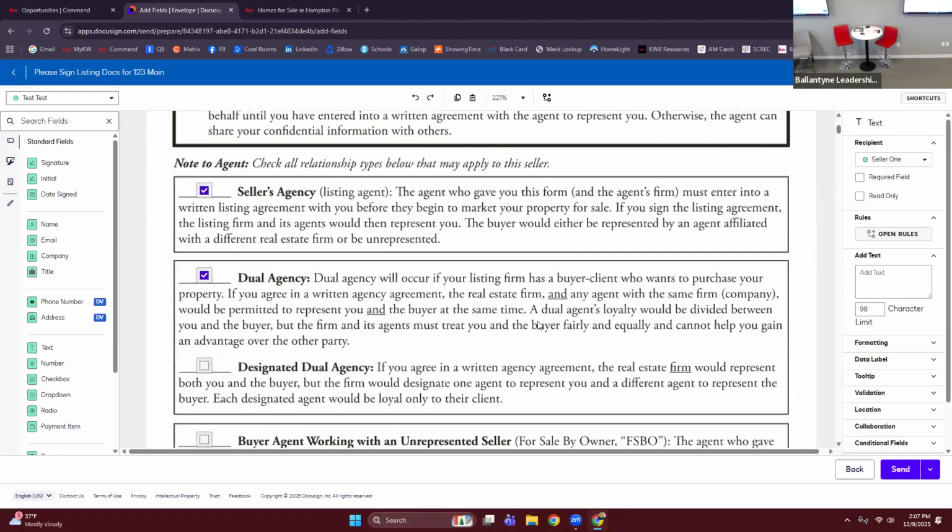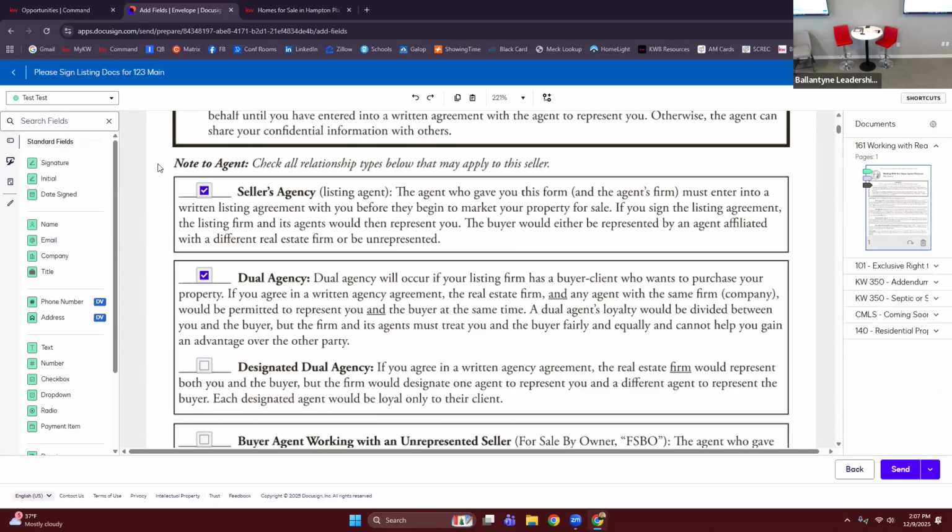All right. So over here on the left-hand side, I've kind of messed this up, but that's okay. We'll figure it out. We have a test, which is our seller one, is green. Ignore all these extra ones that are in here, it's because I added another form. But Jenna Kelly was seller 2, and PJ was the listing agent, right? That's what we picked. So there's all different colors, which I love. It makes it very easy to the eyes to make sure you've got the right people in the right spots,